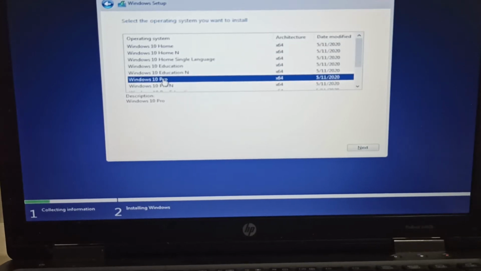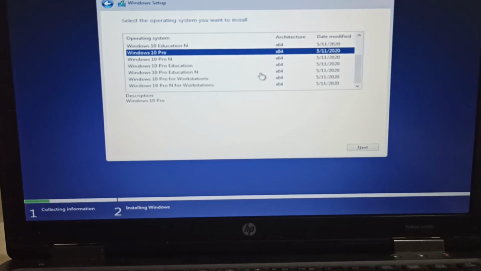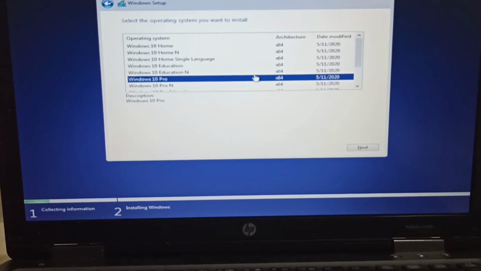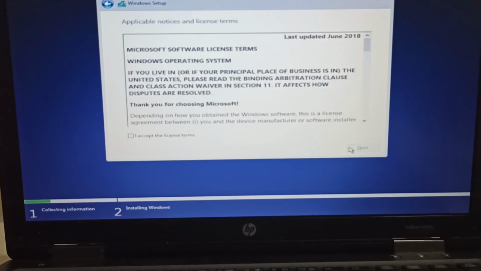Windows have different kinds of systems, like some have 64-bit and some have 32-bit. So 32-bit is also multi x86-bit. So you can choose any of them depending upon your system. My system is 64-bit, so I'm going to select 64-bit. So click on next and I accept, and then